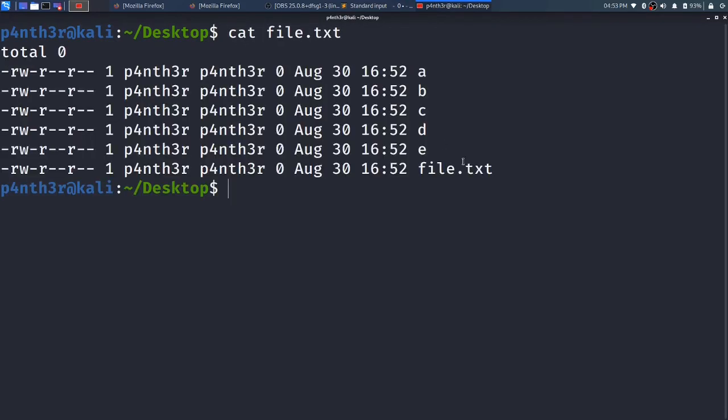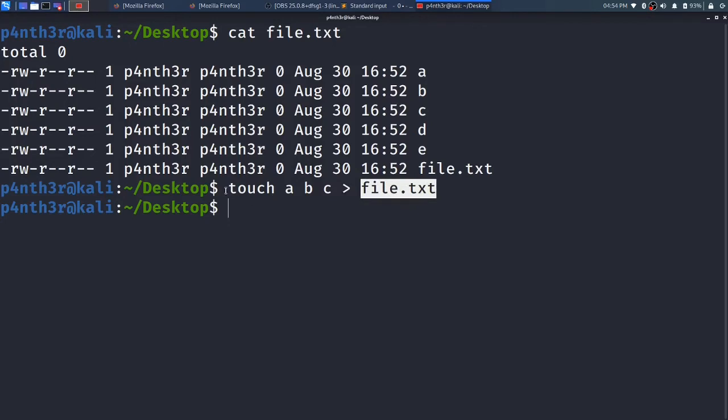In that, some data is there. So I will type again touch a b c, and I want to store the output into file.txt, and press enter. See, I used the touch command to create 3 files, and I redirected the output into the file.txt.